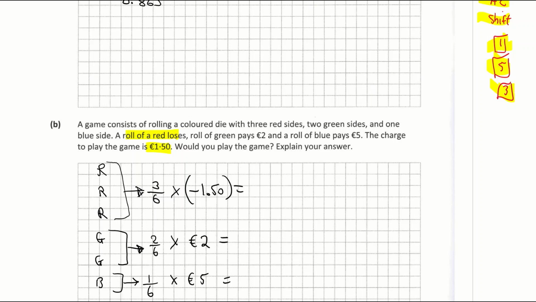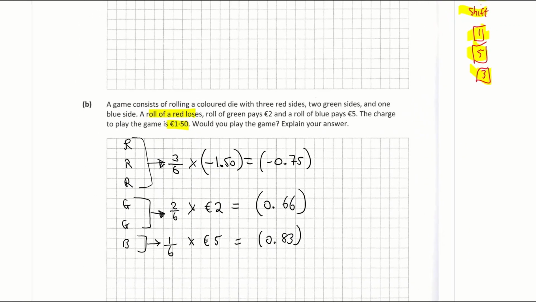So I'm putting it in a bracket with a minus to denote that I'm losing. When I multiply 3 over 6 by minus 1.5, I'm ending up with a loss of 75 cents. When I multiply 2 over 6 by €2, I'm ending up winning, on average, 0.6 recurring, or 66 cents. And when I multiply 1 over 6 by a fiver, I'm ending up earning 83 cents on average. When I add 83 cents, 66 cents, and minus 0.75, I'm ending up with